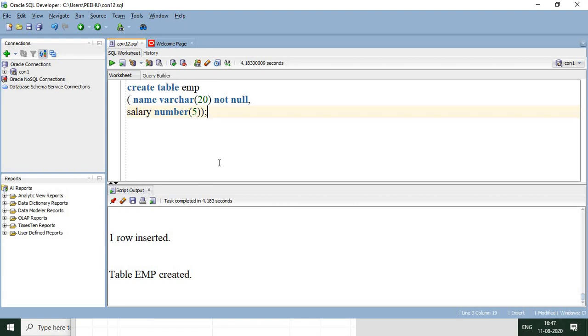Now to check whether this not null constraint is working or not in this table, we need to enter some null values in this name column. For that you must be able to supply null values, and I hope you know how to enter null values in any table. If you don't know, then you must watch my video related to how we can insert null values in a table. So let us see how we can insert the null values, and then how we will be checking whether this constraint is working or not.